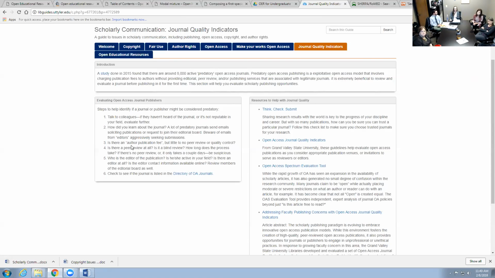Is there a publication fee, and what does it cover? Is it claiming to cover access, but it's not truly open access? Is there a blind peer review? Things like that. So this is just a good resource, especially for junior faculty who are just beginning to publish,